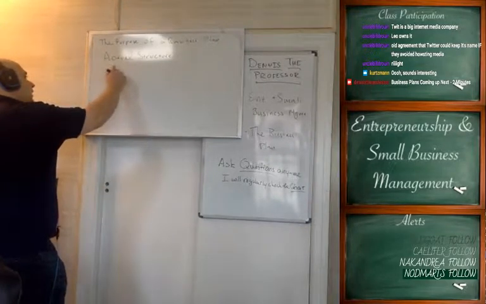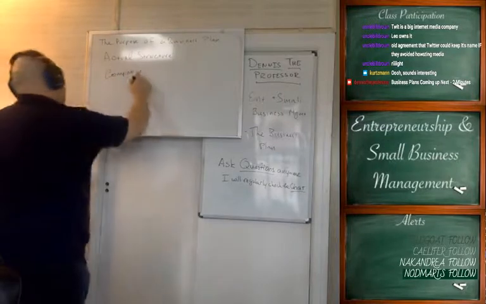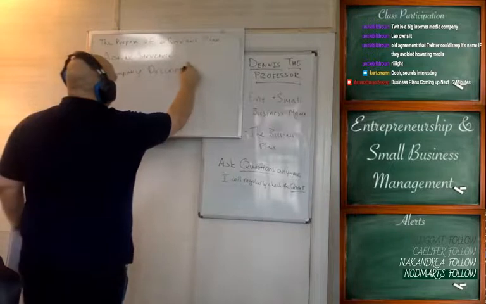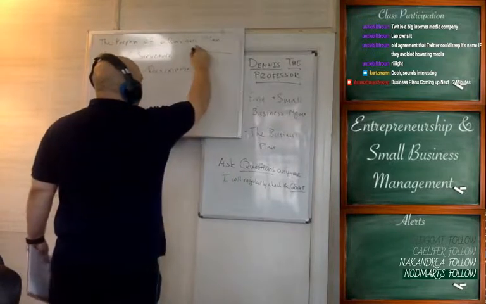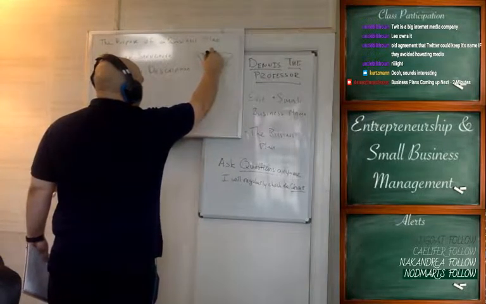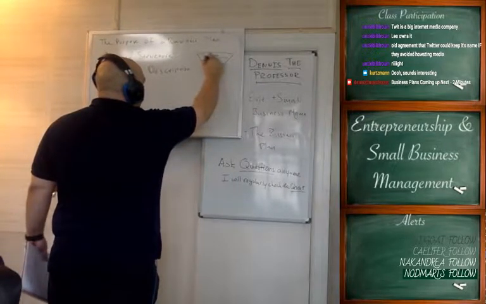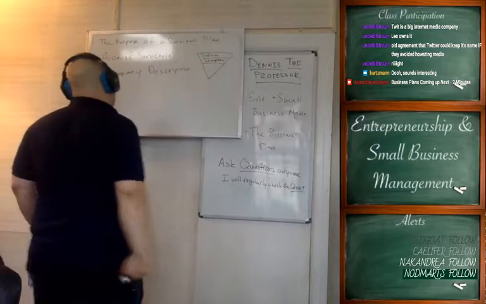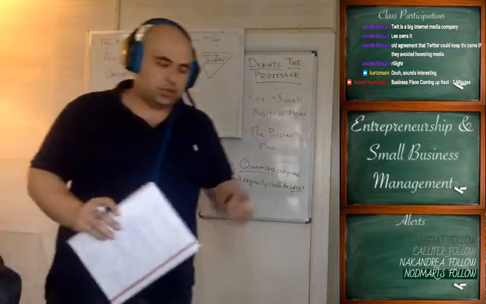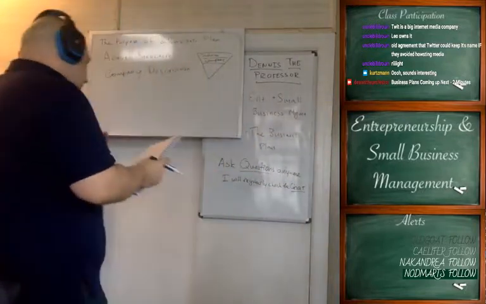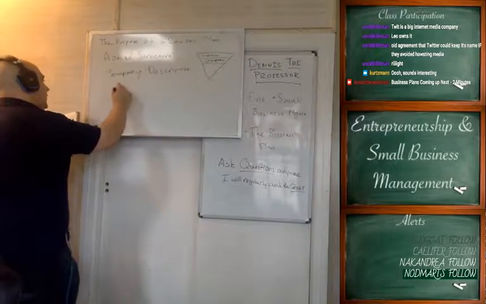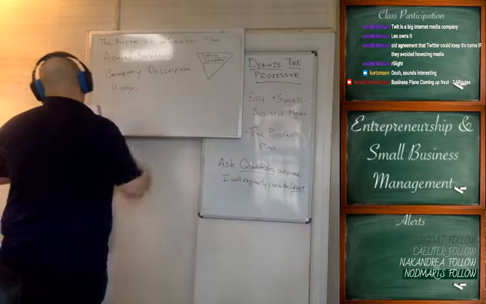The next section you're going to write about is the company description, right? So you've already addressed your industry, so let's put a big triangle here so that we kind of follow what we're doing. You've already addressed your industry. The next thing you want to describe is your company, right? Now, importantly, the very best transition is to say how your company fits within the industry, right? So if your company has a history, you want to talk about that. What have you done in the past? How long have you existed? So on and so forth, right?